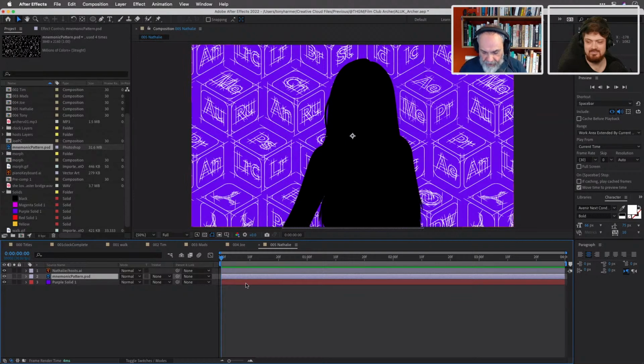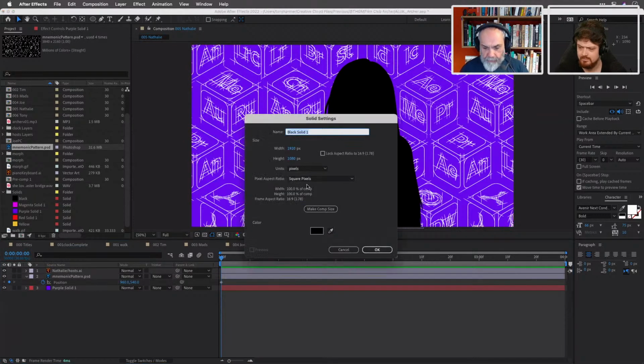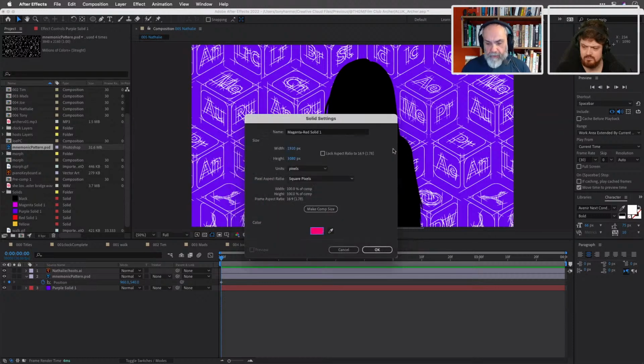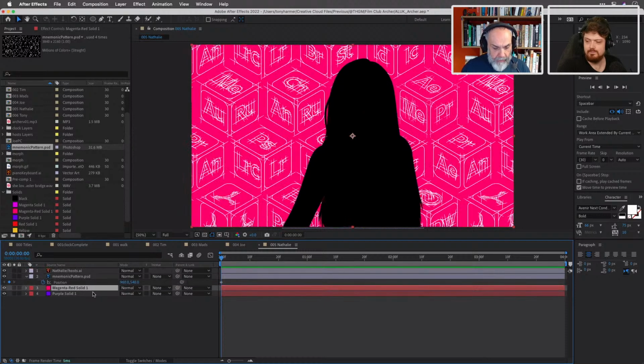Right, let's go and just change the position of this. I could have made this easier by actually creating a pre-comp of this, but I wanted to change the background color in each instance. So I think this should be, let's go for a very, very hot pink there. Get rid of the purple solid. It's done its job.